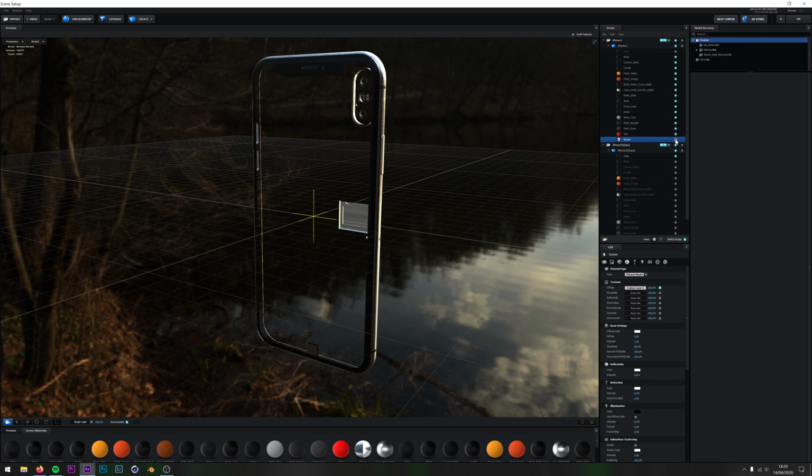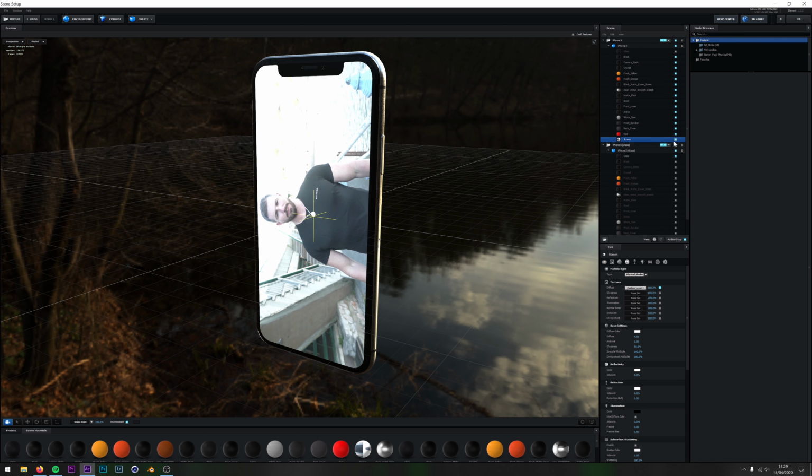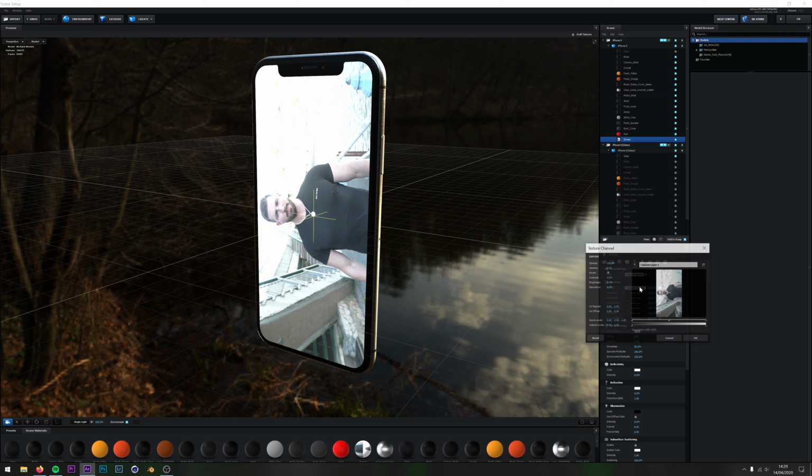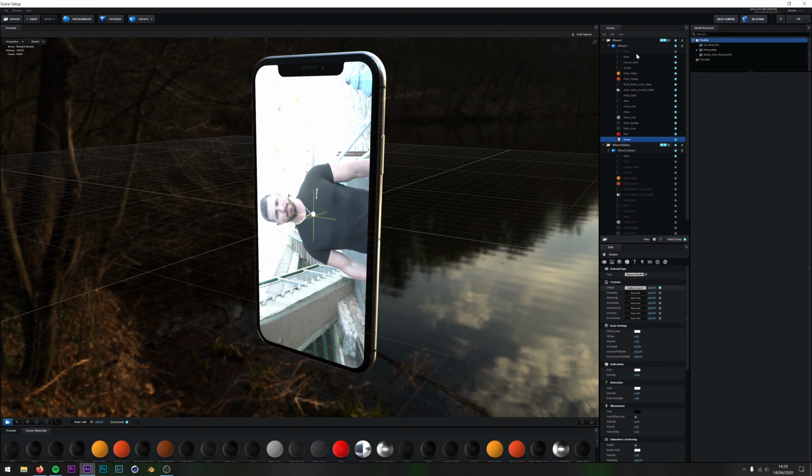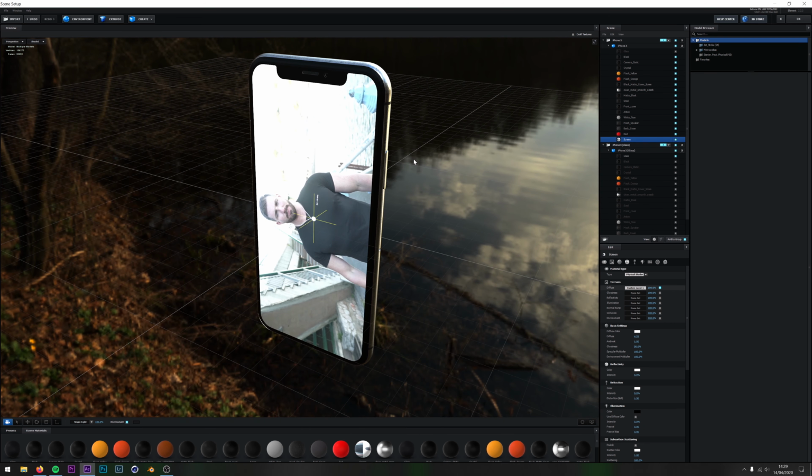So if I turn this off, you'll see the screen disappears. And this here is just a texture map for the screen, and it says custom layer 1 because I've loaded this from the composition itself, and I'll explain that in a moment. But this here is the video of Rob where he flicks his fingers and these glasses magically appear on his face. I've separated these two, and I will explain why later on, but that is essentially the phone.